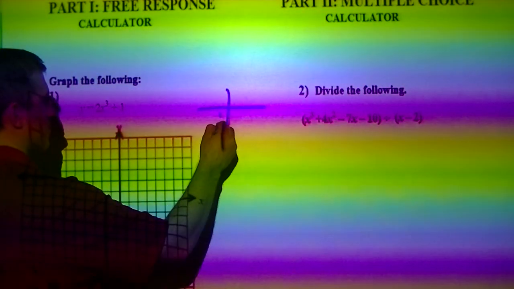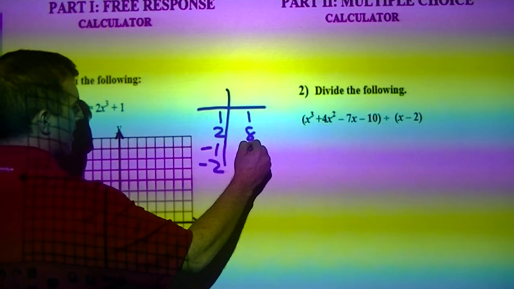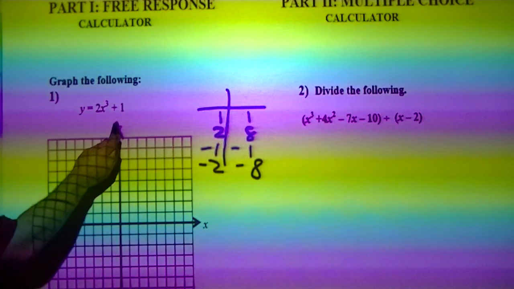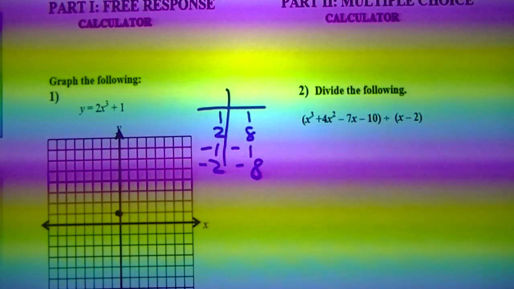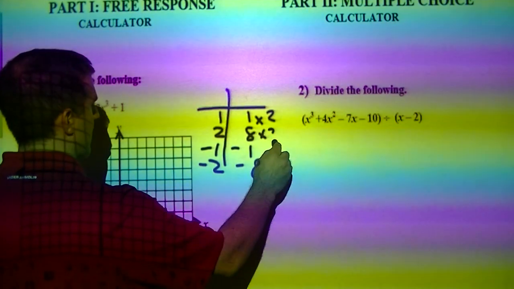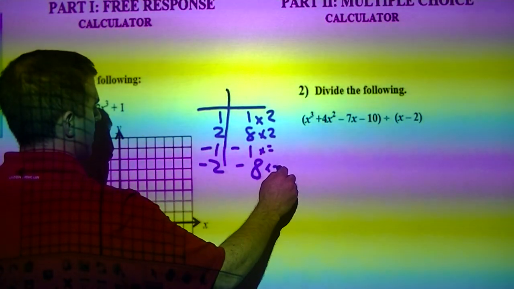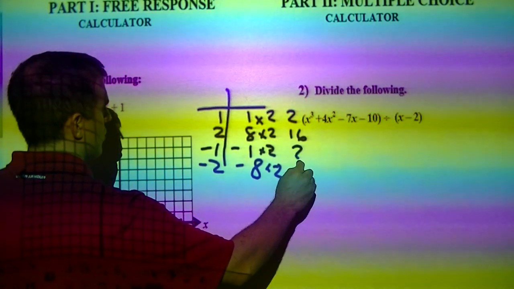Here's my key points: 1, 2, -1, -2. That's going to be 1, 8, -1, -8. Now my anchor point here is 0 over 1 up. Remember, if it's outside, it follows. Now, since I have this 2 in front, I'm going to multiply 2 times these things. What's going to happen there is that's going to be 2, 16, 2, -2,